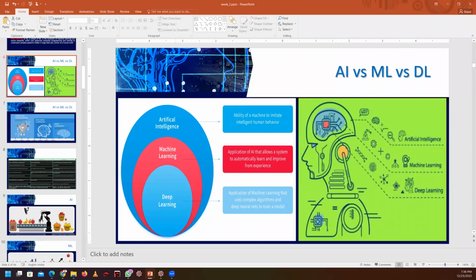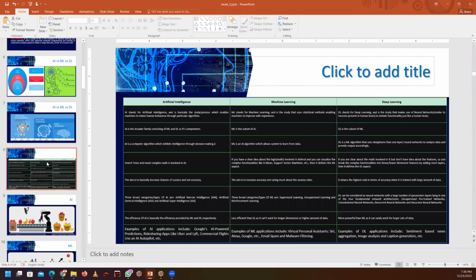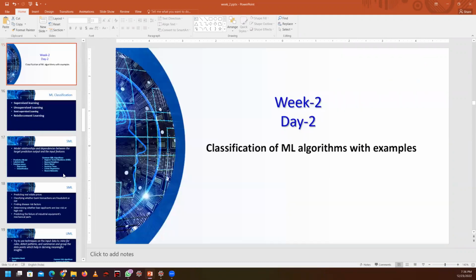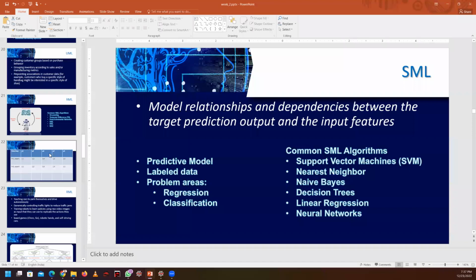We discussed this on Monday, and on Tuesday we discussed classification, the different applications. On day 3, we discussed supervised machine learning. So now try to concentrate on these algorithms.